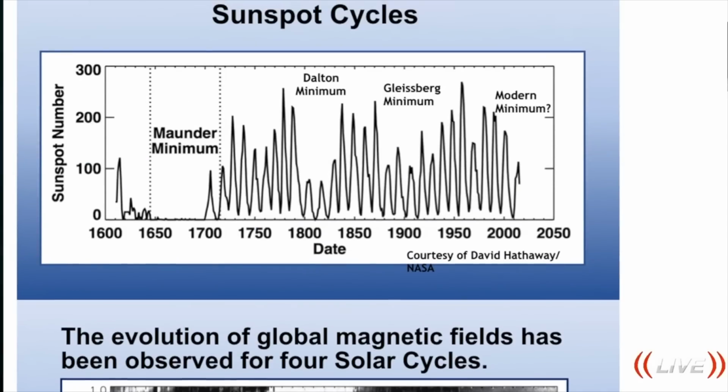I think Mari would probably agree with me on that. I feel like this upcoming grand minimum is going to be more of this than the Dalton minimum, just because we're talking about something that happened around the same time. Around the last time we got out of a minimum was 1819, 1820, okay, almost 200 plus years ago. So we are right on cue for the next grand minimum. Maunder, Dalton, modern.